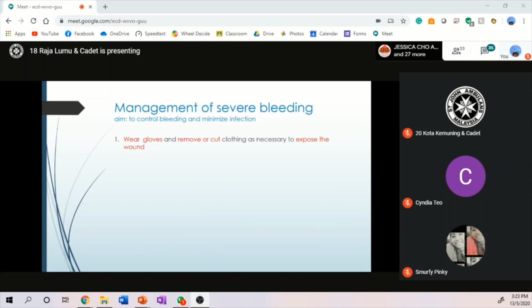So, for example, severe bleeding is when bleeding is severe. Severe means very serious. It can be dramatic or distressing. If someone's bleeding isn't controlled quickly, they may lose a lot of blood, become unresponsive or develop shock.